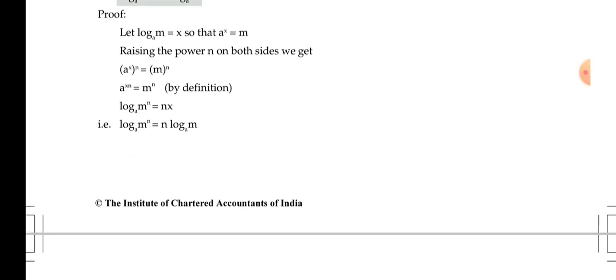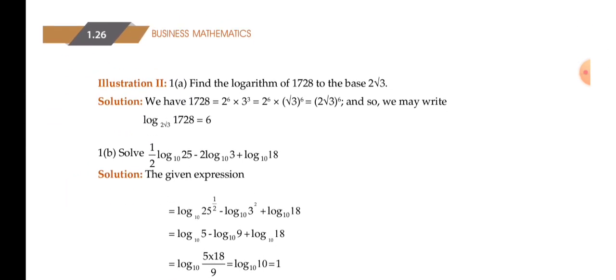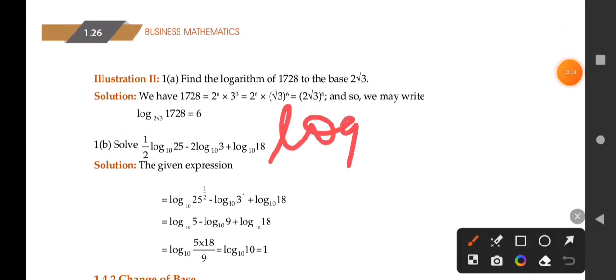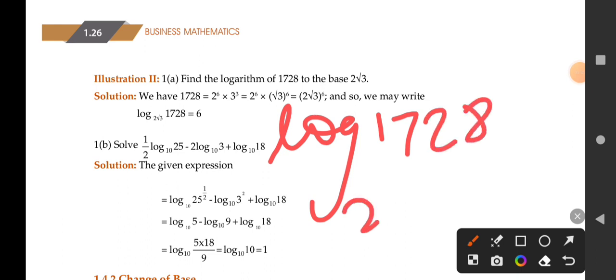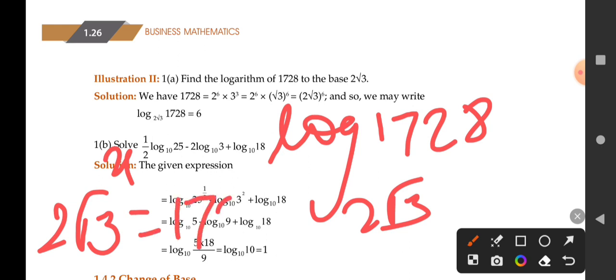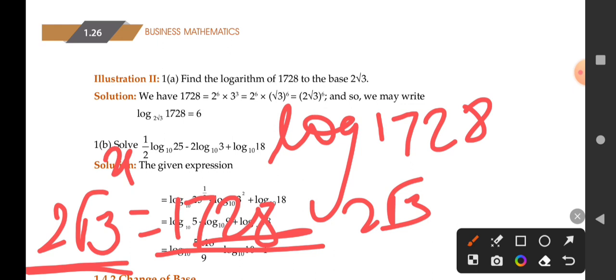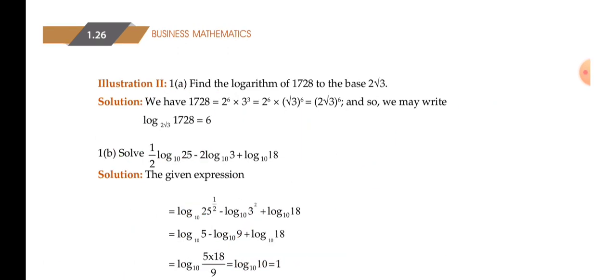The quotient formula. Illustration again. Log of 1728 to the base 2 root 3 can be written as 2 root 3 power x is equal to 1728. Again, press 2 root 3 on the calculator by multiplying, and then press equals until you get 1728, and add 1 for the first time. You get x equal to 6. The second